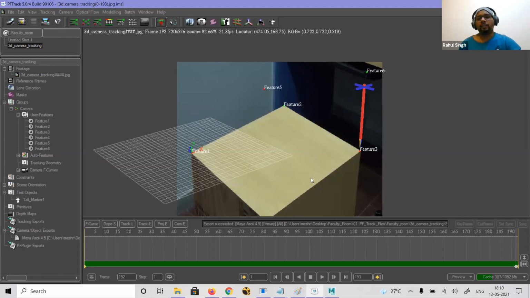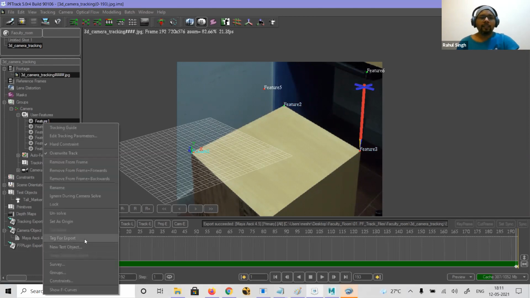Now, see, there are a lot of track points. You can easily get confused where you want to place the object. So what I can do is select the particular feature on which I want to place the object. I want to place it on these 4, so I can select all these 4, right click, and always say tag for export. So what will happen? It will show there as a tag file format. That is the best option to use, the tag for export. Clear? This is also helpful when you are exporting to the other format.